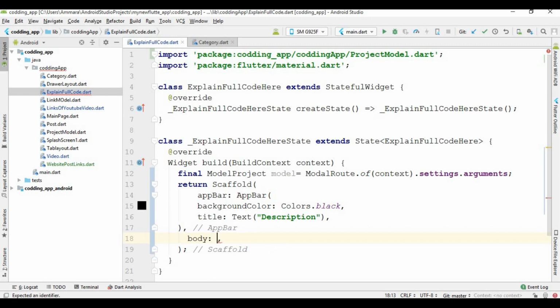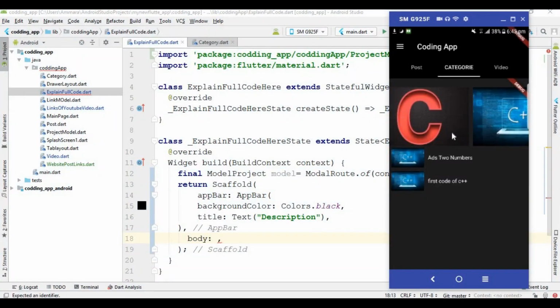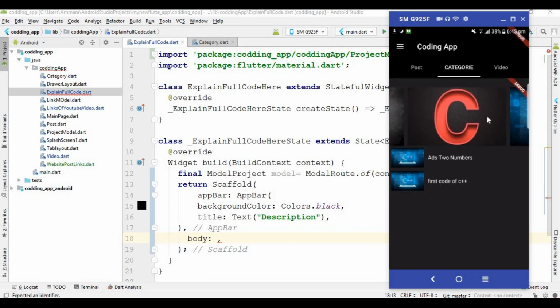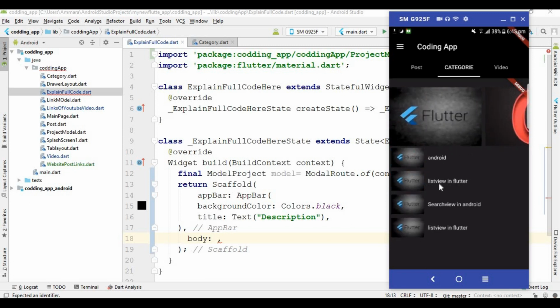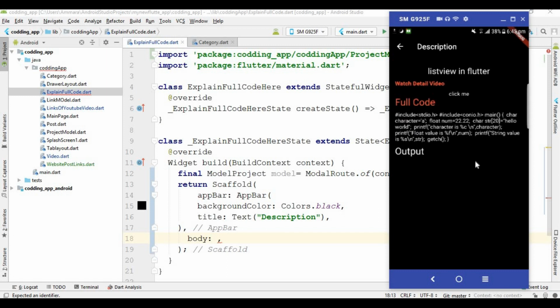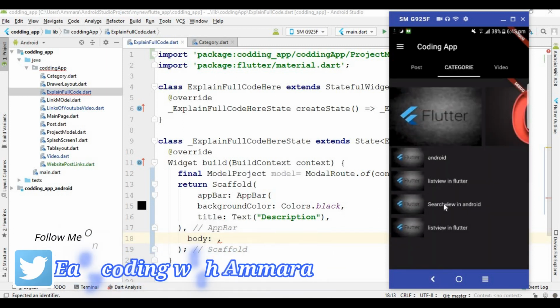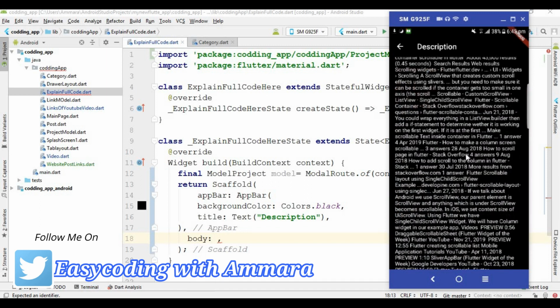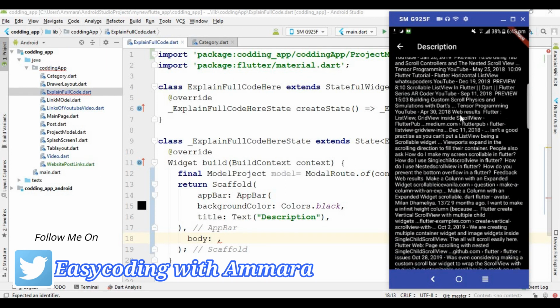In this body section first I am going to create a scroll view. You can see that if the code is very long, the user can scroll it easily. So if I click on this, you can see that here I wrote more data, so it is scrolling.